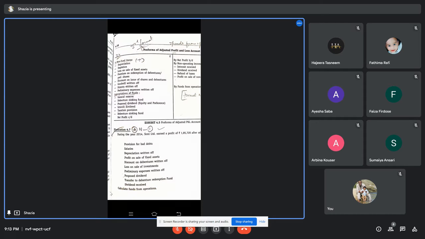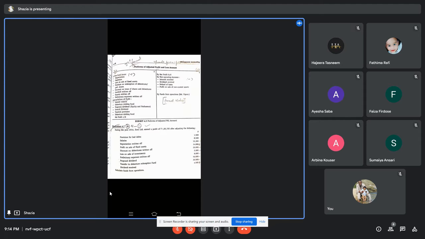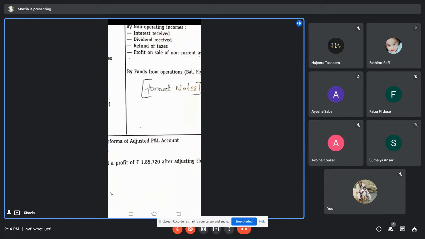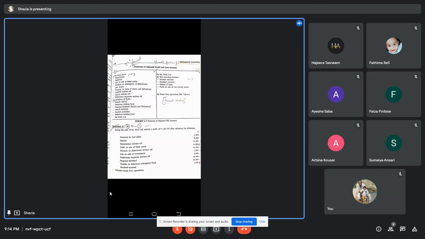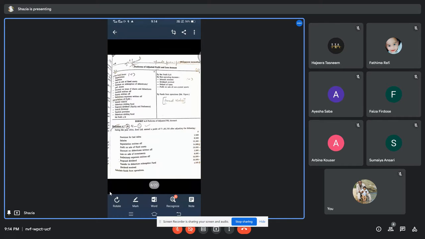Okay, and this is the last format. This particular format will be done only when you do the first two formats, that is, sources and applications of funds and the statement of changes in working capital. करने के बाद ही you have to take this third format, because यहाँ पे you will be taking certain items. So you will be taking funds from operation. Okay, यहाँ पे लेना पड़ता है. तो यहाँ पे थोड़े items भी consider करना पड़ता है, तो इसीलिए this is the third format. Kindly go through this and write this down.